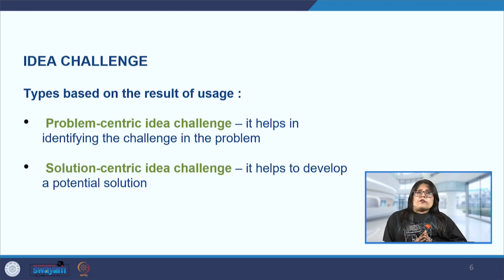On the other hand, this looks at finding the solutions for the problem. So they both have a different approach. This idea challenge can bifurcate into two different directions: the problem-centric challenge and the solution-centric challenge. This also allows the team to be more focused on the final output that is to be generated by the team effort. So the idea challenge bifurcates into two, and this allows the participants to focus on either of the two, which helps in coming up with better solutions.